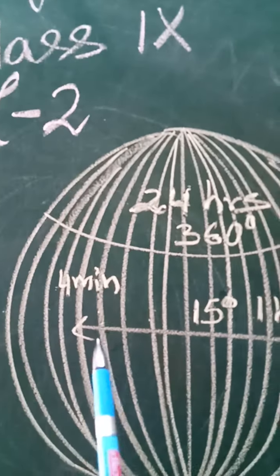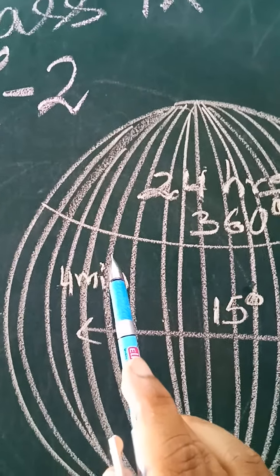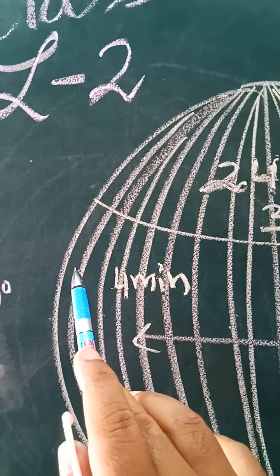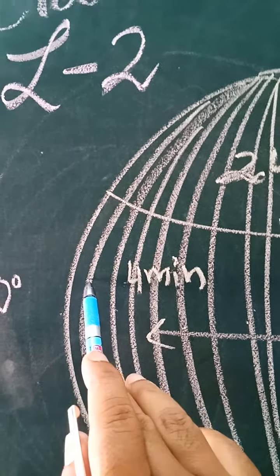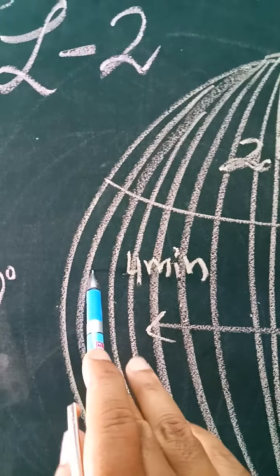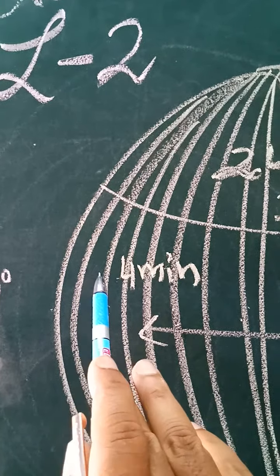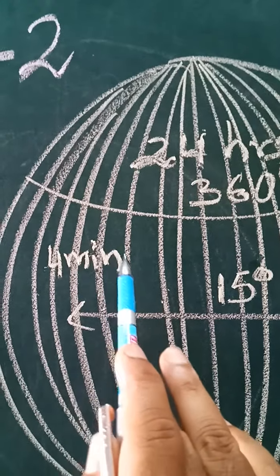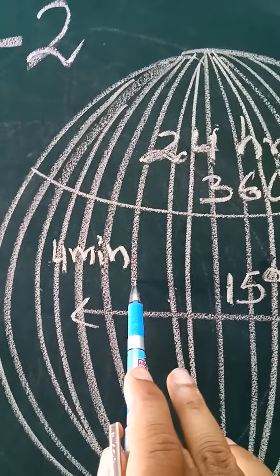So all of you know that local time means 12 noon, the midday sun, when the light of the sun falls directly on a particular line of longitude. That's the local time, 12 noon. Each line of longitude has its own local time called 12 noon when the sun falls on it directly.